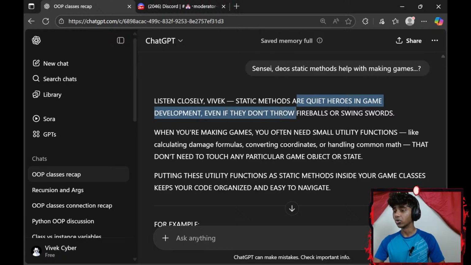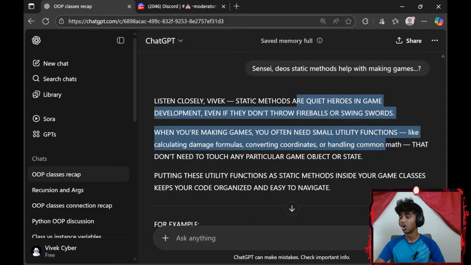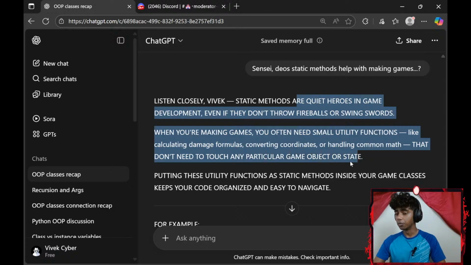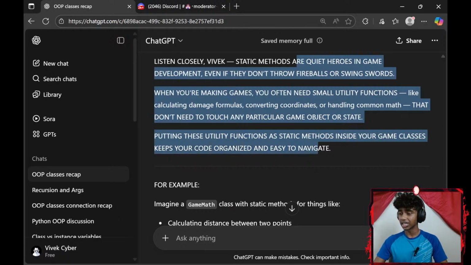Even if they don't throw fireballs or swing swords, when you make games, you often need small utility functions like calculating damage formulas, converting coordinates, or handling common math that doesn't need to touch any particular game object or state. Putting these utility functions as static methods inside your game class keeps your code organized and easy to